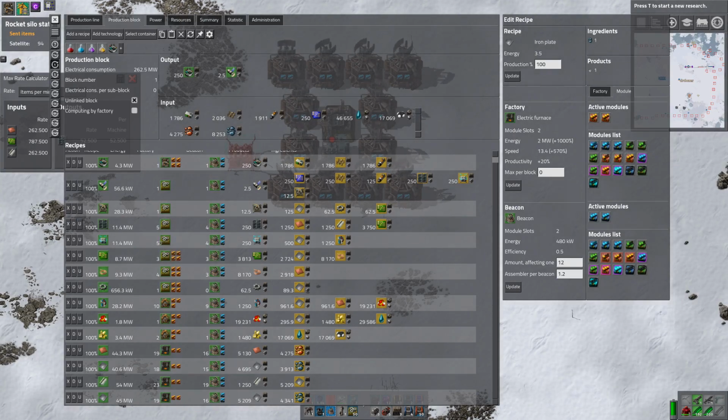1, 6, 11, 14, 18, 19, 29, 30, 32, 42, 51, 61, 69, 70, 89, 96, 106, 115. 115. That's how many machines are needed in total to provide all the things for the satellite except for the...